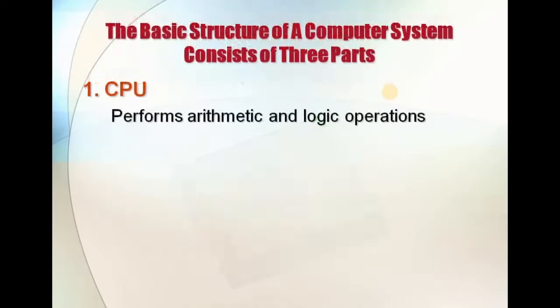So what it performs basically, when we say CPU, central processing unit, it performs two tasks, that is the arithmetical and logical operations. When I say arithmetical operations, addition, subtraction, multiplication, division, all these are the arithmetical operations, and logical operations are like comparison, like when I want to compare two numbers, or find the smallest of two numbers or the largest of two numbers. So whenever there is a comparison task, that can also be performed by the CPU.